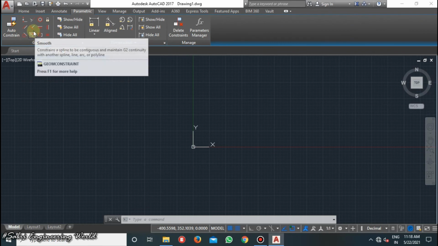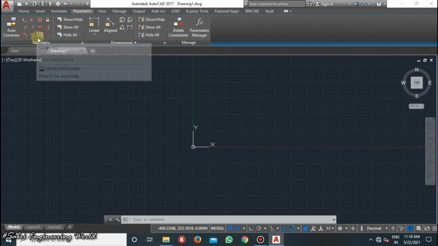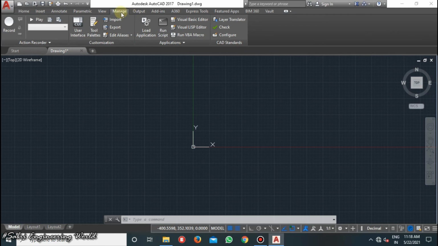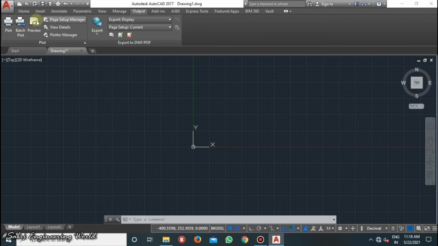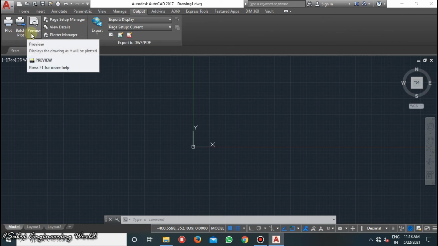If you want to make a line perpendicular or tangent, you will use those options. These are the view options. It will be used mostly in 3D drawings. These are also manage options, user interface, export, and many other things. Output: how to print, plot, print, batch print. Preview: how to preview.